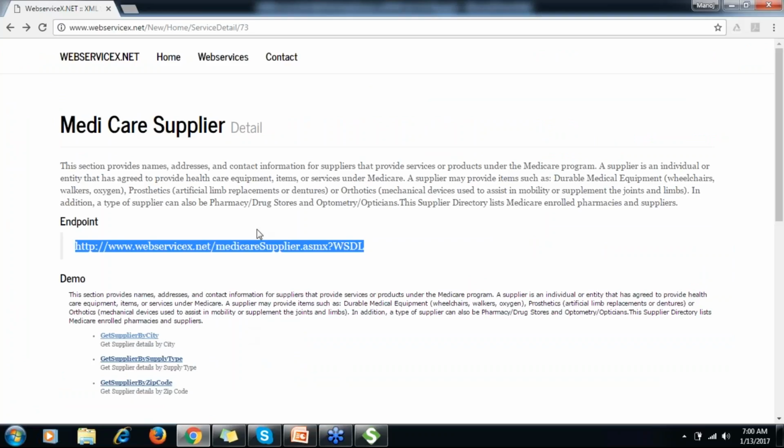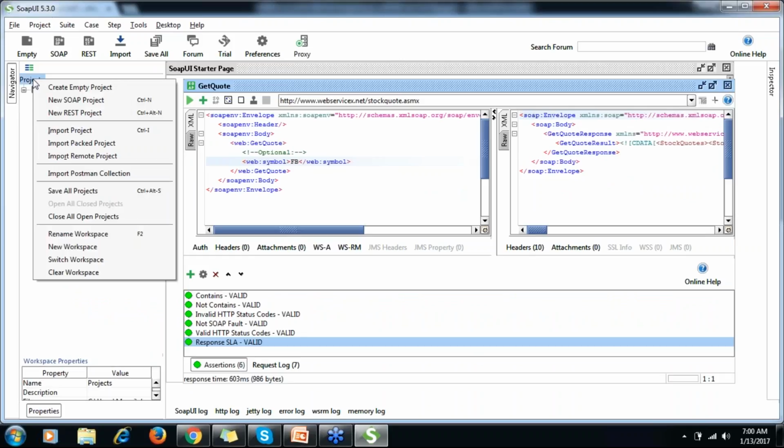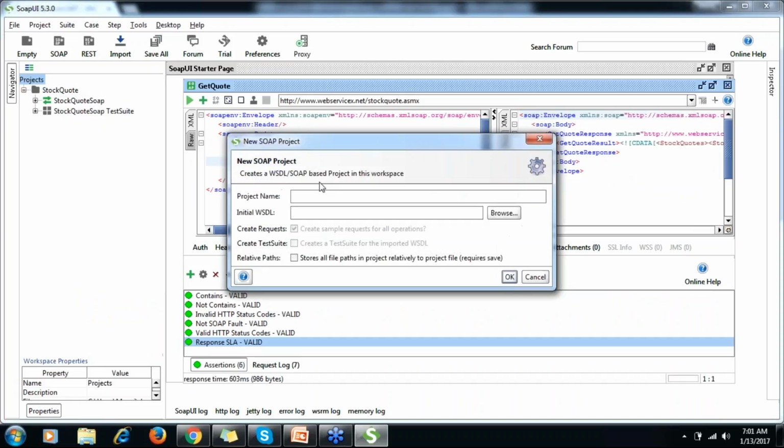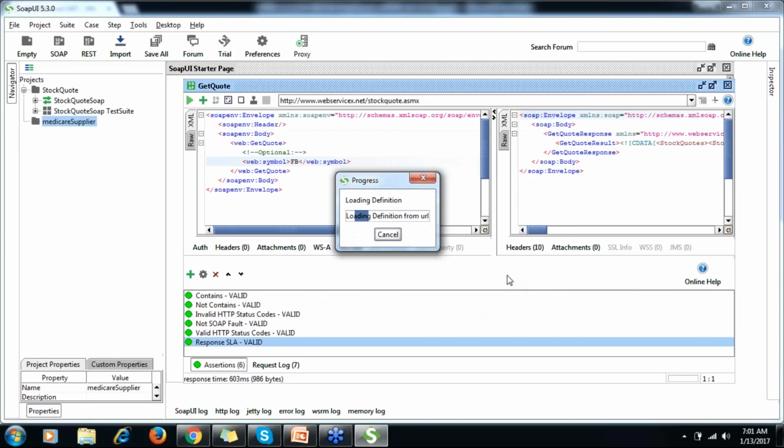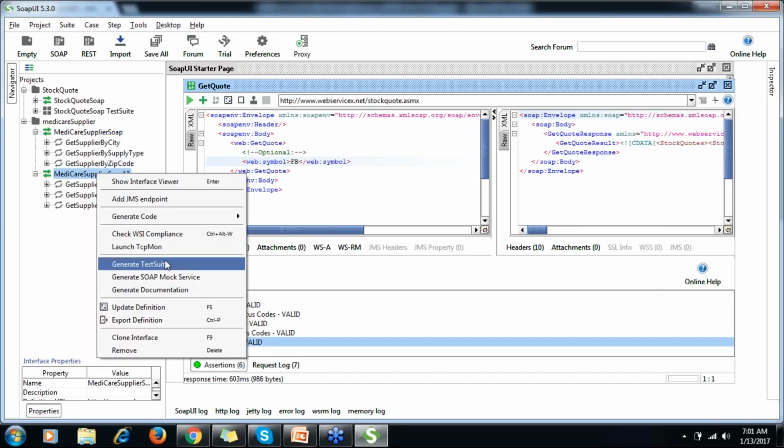This is also a web service which tells you about the supplier's name of any city. So let me create the project, Medicare supplier. And this one I can delete.